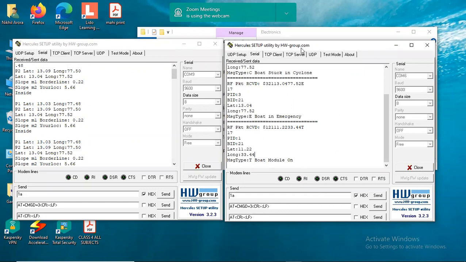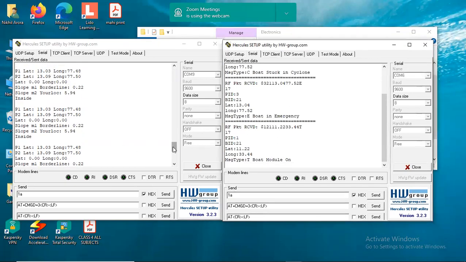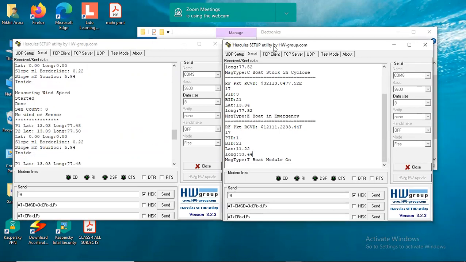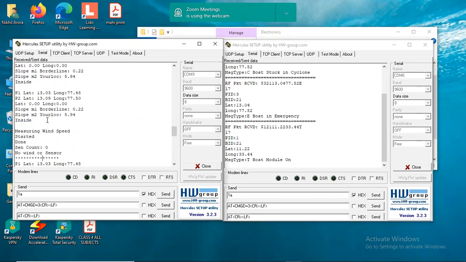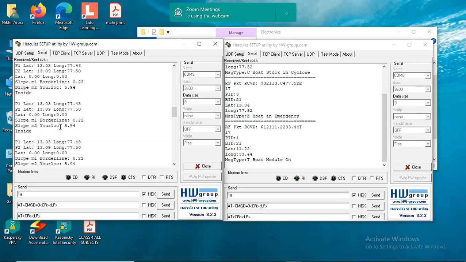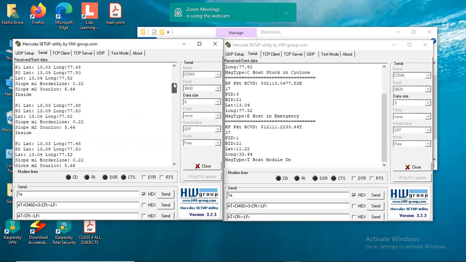Okay. So maybe we can take one screenshot of this, which has this no wind sensor, and one of high wind speed was there, right? Somewhere starting.